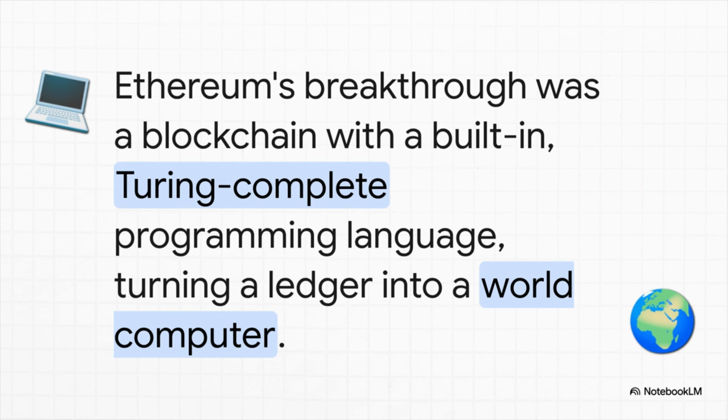And this was the huge leap forward. Ethereum didn't just add a few more commands, it built a full-blown Turing-complete programming language right into the blockchain's DNA. This meant developers could suddenly build real, complex applications with logic, with memory, with loops, the whole shebang. This one idea completely changed the game, turning the blockchain from a simple accounting book into a decentralized world computer.